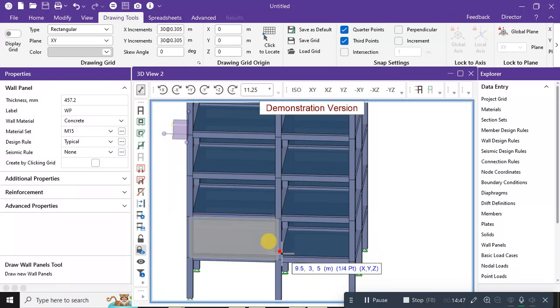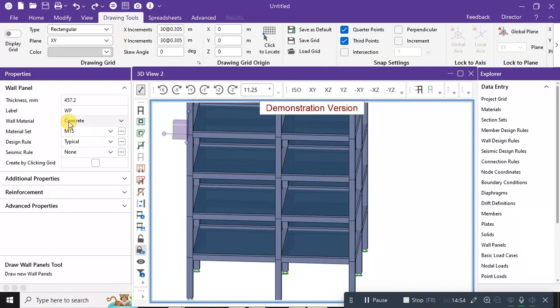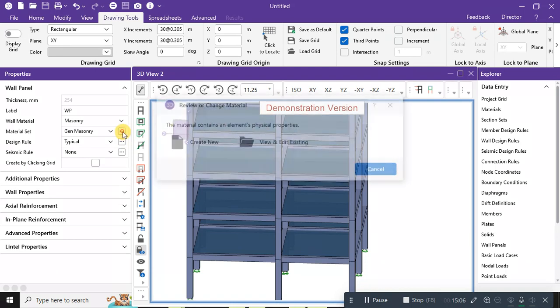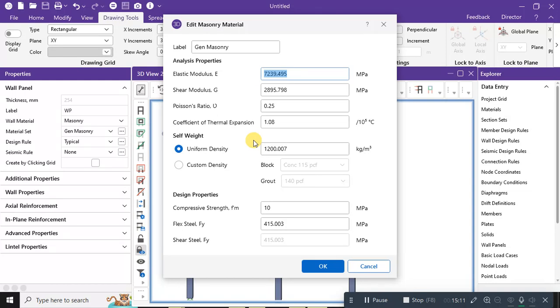One wall panel created, but remember, press Ctrl Z again. The reason is that I have clicked on the wall panels, but those wall panels are created of concrete. Select it to masonry. The material is concrete, select general masonry. Then you can edit all these properties. Okay, 1200 density,